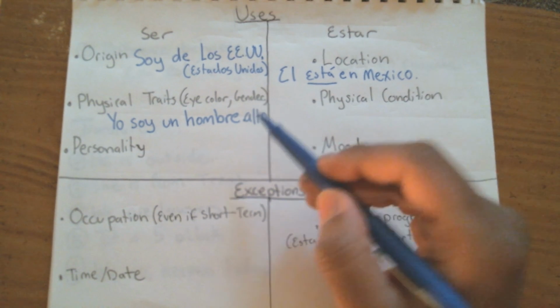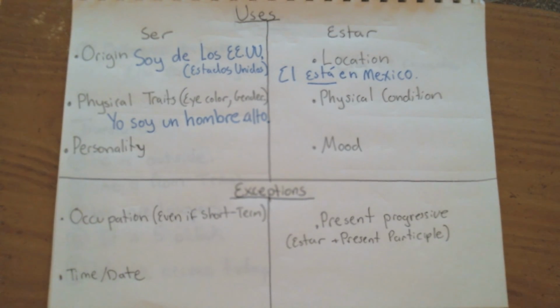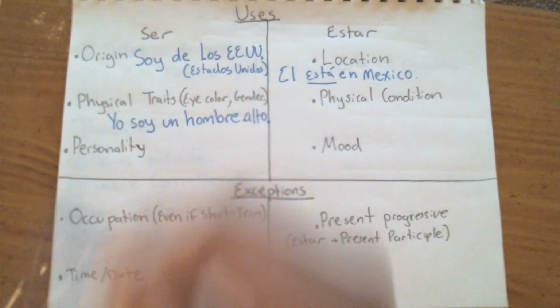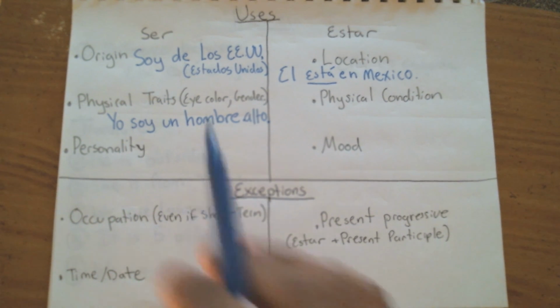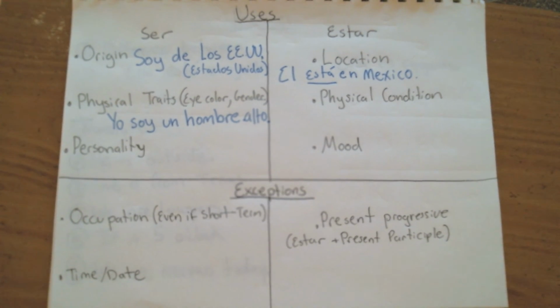So, my height is something that is permanent. Now, I know theoretically you could say, well, what if they end up in a wheelchair? Or wouldn't that shorten their height or something like that? There's tons of things that do happen, but when you're referring typically to things a person was born with, you cannot go back in time and change the fact that that person was born with that. So then you would use ser, because things you were born with use the permanent verb in Spanish. I am a tall man, okay?